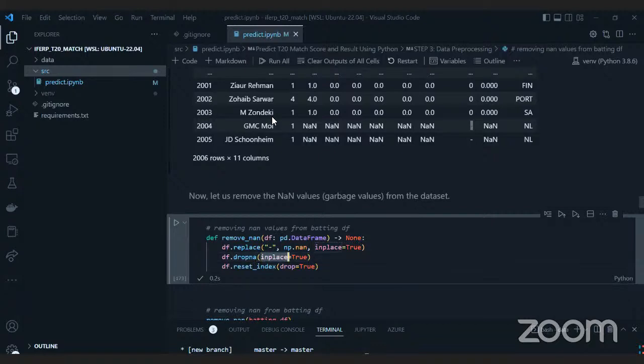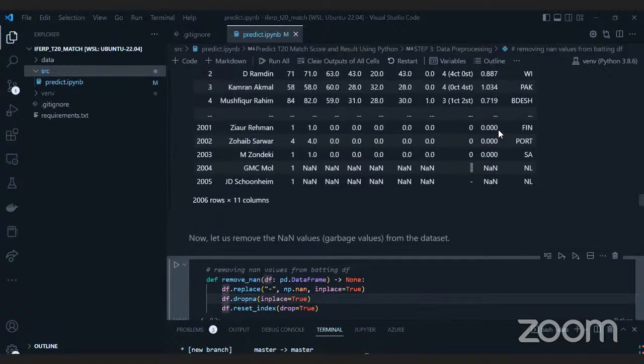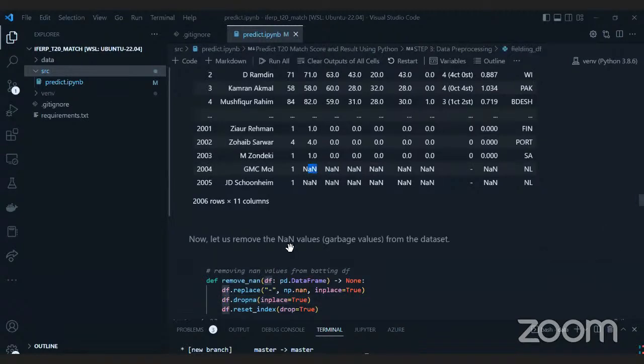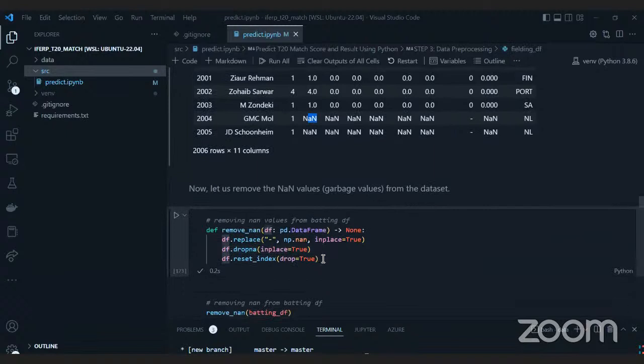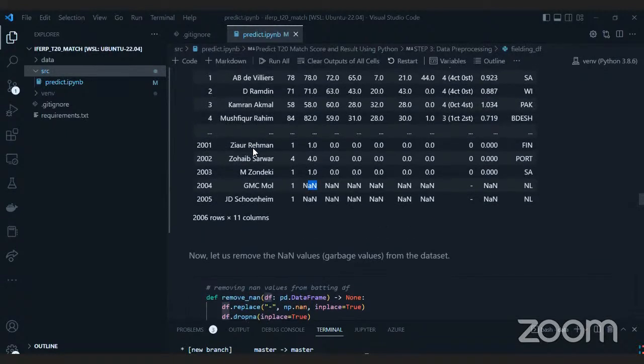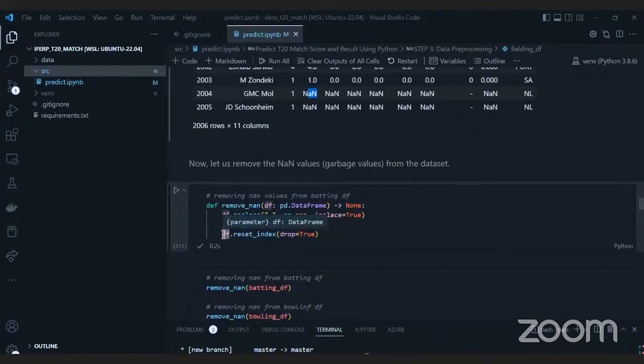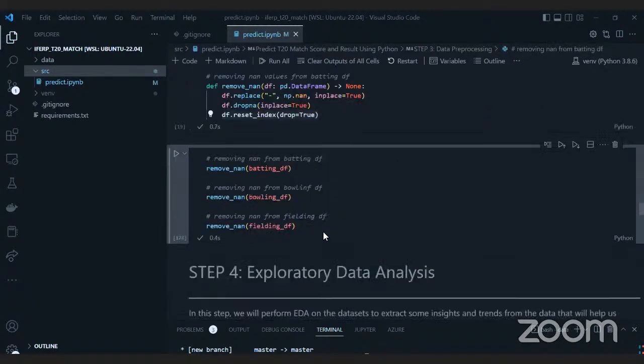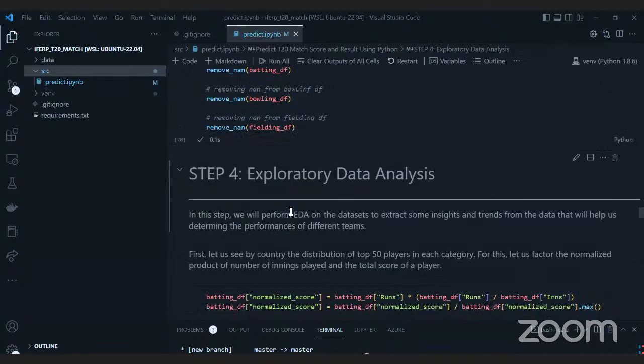So we simply do this inplace=True dropna, and this is going to remove all the rows within the data set that have NaN values. For example, this row indexed 2004 is going to be removed because it has NaN values. After this is done, we reset all the indexes, because there are going to be a lot of indexes in the middle of this data set where rows were removed. So we need to reset the indexing once again for the data set. We're going to run this function for all the data sets. And once that is done,